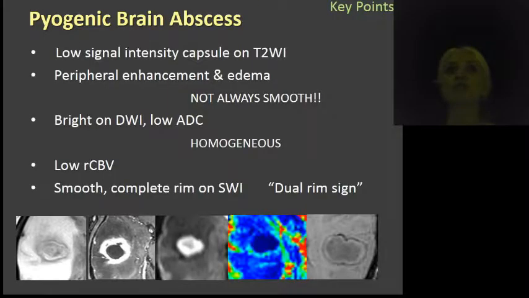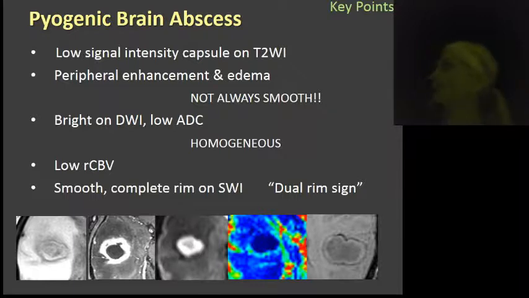Now these are just two slides that you will also have to download. These are key points in a pyogenic brain abscess. Remember, a typical bacterial pyogenic brain abscess will have a low signal intensity capsule on T2, which will be seen as a smooth, complete rim on SWI. It will have peripheral enhancement, which will not always be nice and smooth. It will be bright on diffusion with low ADC due to diffusion restriction, homogeneously bright, and it will have low